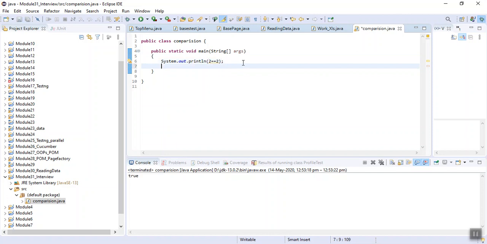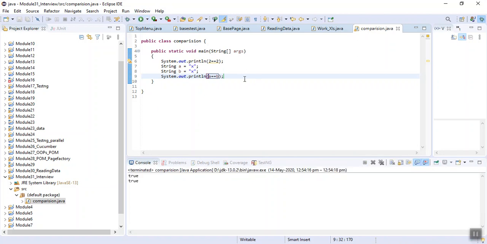If I have a string A and string B, and I put the value as x in both, and now I compare A exact to B and run it, it will again return true.